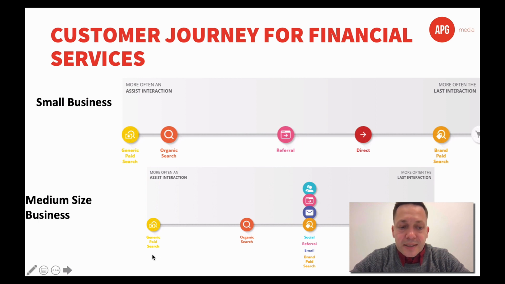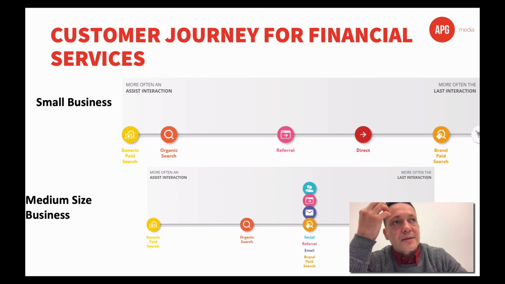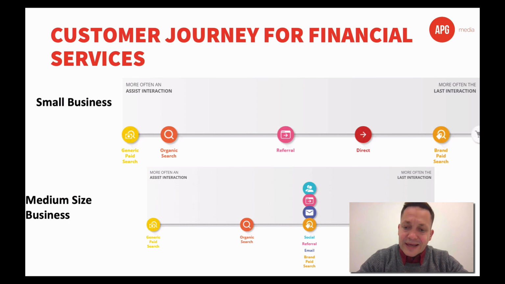For medium-sized companies or businesses, generic paid search, the same. Then the organic search and SEO. Social media or display ads might be here. They might be also here. Email marketing and brand paid search. And then of course, for medium-sized or bigger companies, there's just more brand awareness build up, and the customers already know exactly what they are looking for. But display ads,